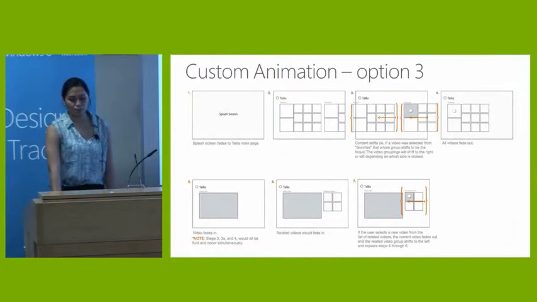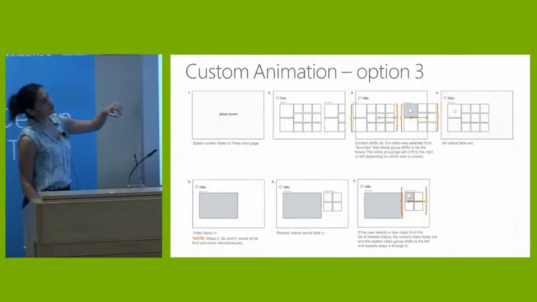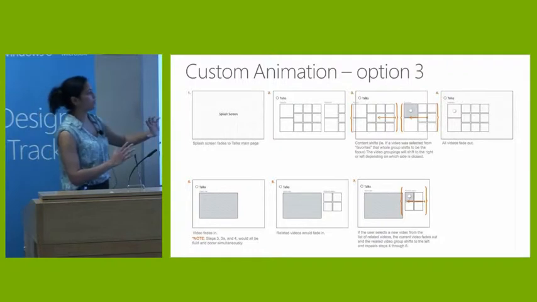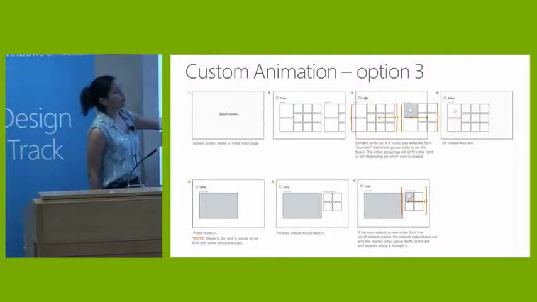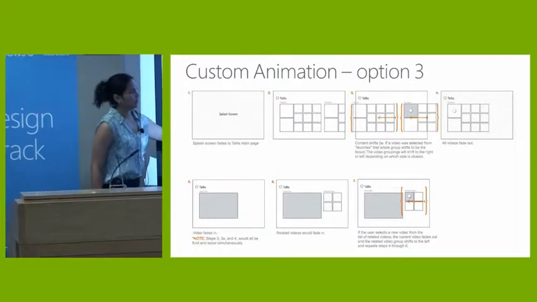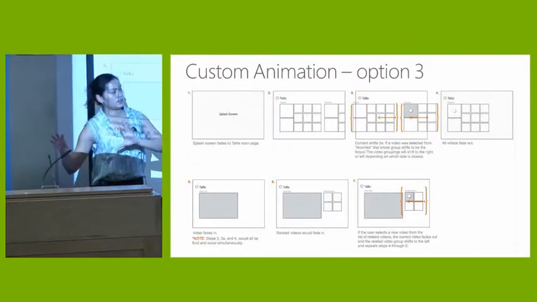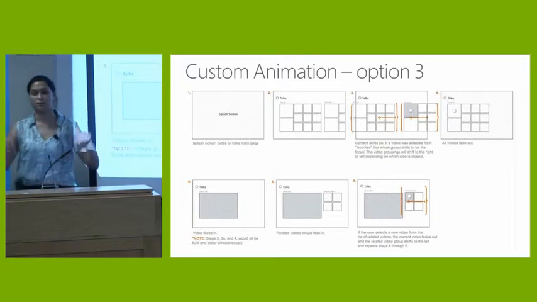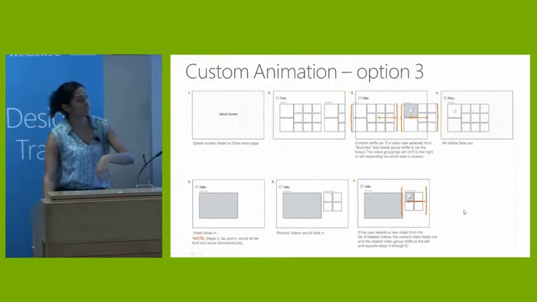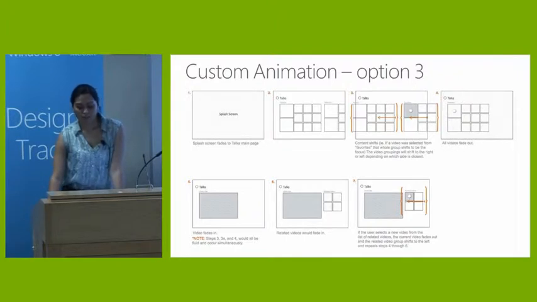Custom animation option 3. Splash screen talks, and then you see the same thing of having the whole grid shift over. But instead of that video increasing in size, we were going to fade it into the screen. And then the related videos would fade in, or they would slide in, which is the little squiggly bracket. It would move over once you've selected it, and then fade in, repeat about here. Out of these,